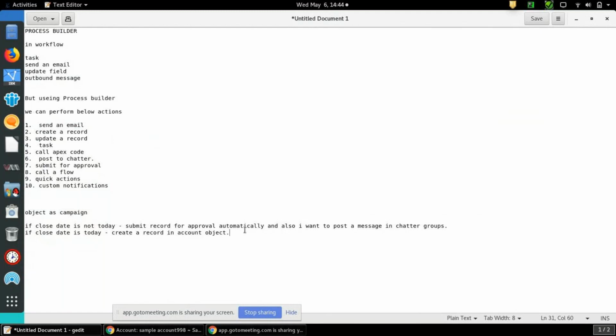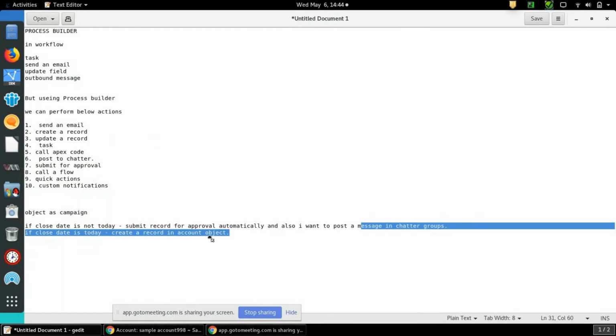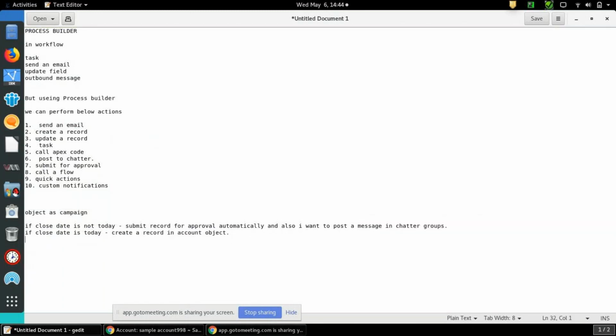Rather than sending an email, updating a field, or assigning a task, in this session we have created new things like submitting a record for approval automatically, posting a message in Chatter groups, and creating an account record in another related object.